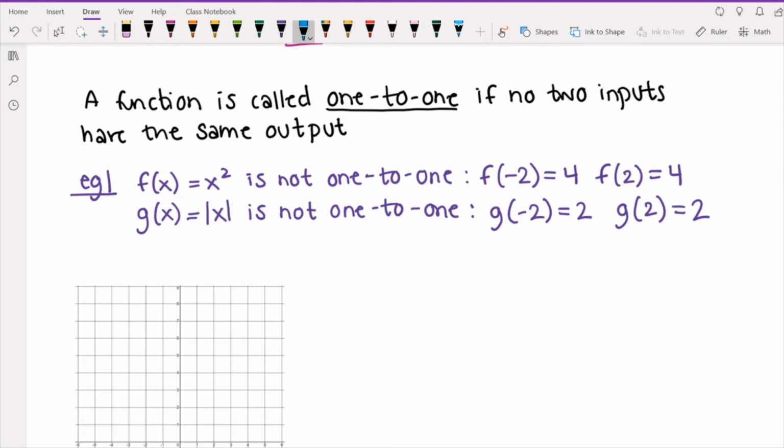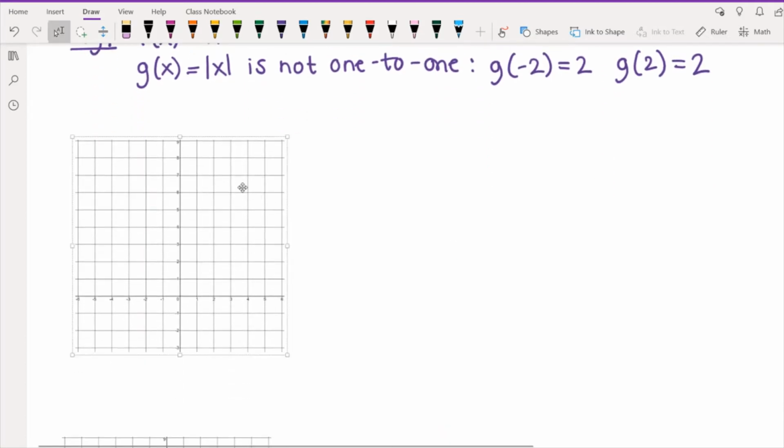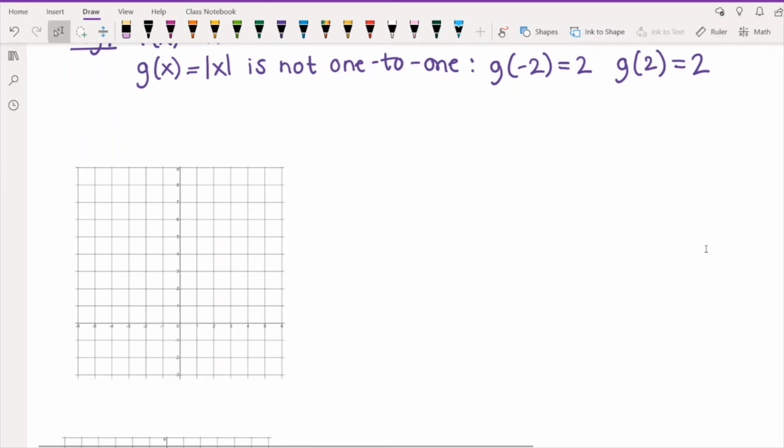So these two examples, which are probably the first ones that would come to your mind, are not one-to-one in a way that's a little bit more specific, right? They're not one-to-one because specifically when you plug in negative and positive versions of the same number, you get the same result. But just to give you another example that doesn't quite fit that mold, but that is still not one-to-one,